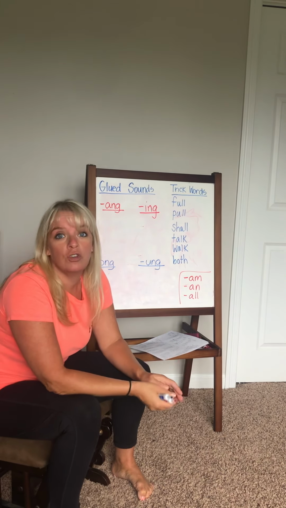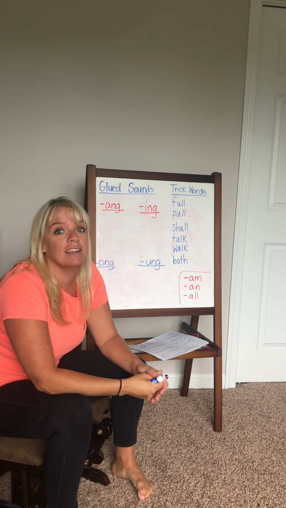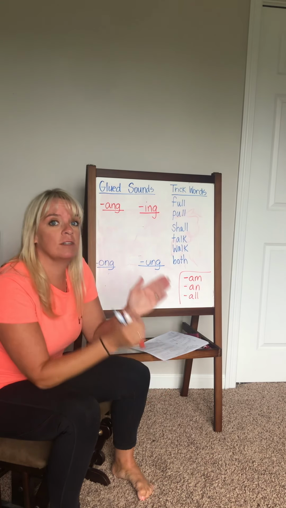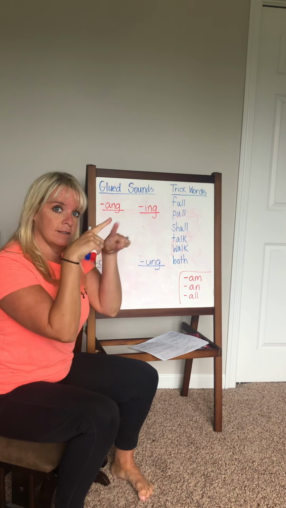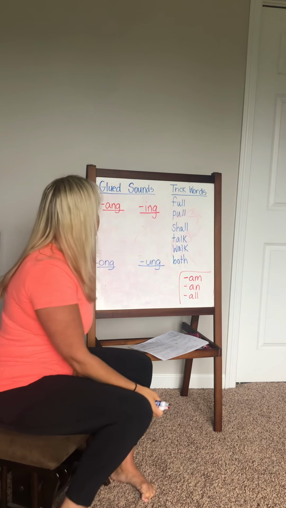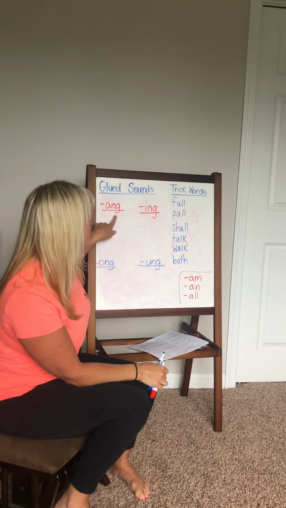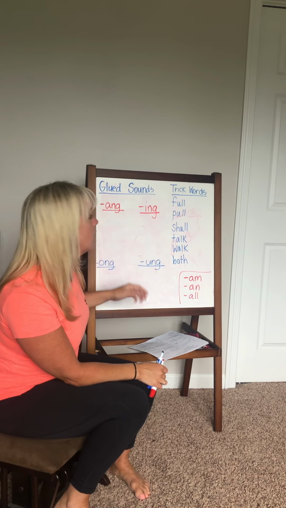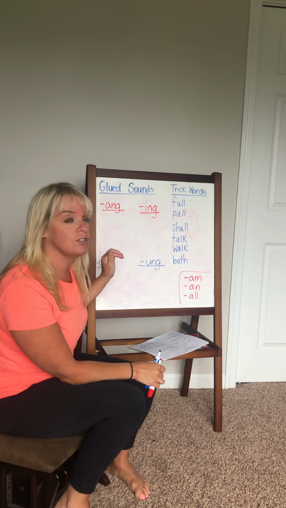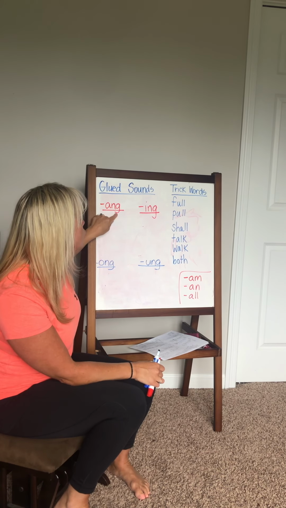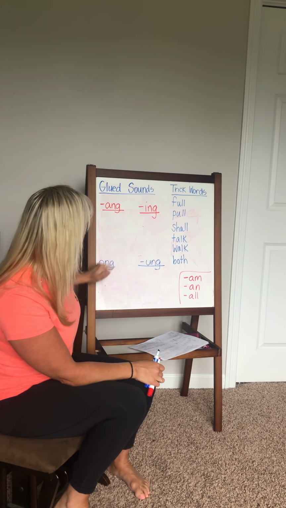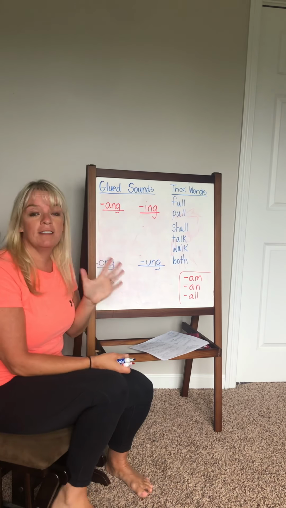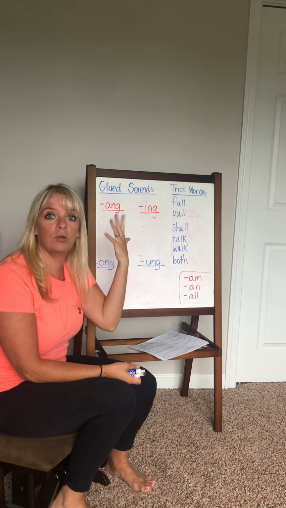We have 4 new glued sounds today that we're going to add to our drill. Again, if you remember, a glued sound means it's going to be glued together, so we're going to box it, so it means it's stuck together. If you notice, you have NG at the end of each glued sound. The only difference is the vowel changes at the beginning. So you've got A-N-G, I-N-G, O-N-G, and U-N-G, okay? So we're gonna do 5 examples for each glued sound, and then off you go practicing.